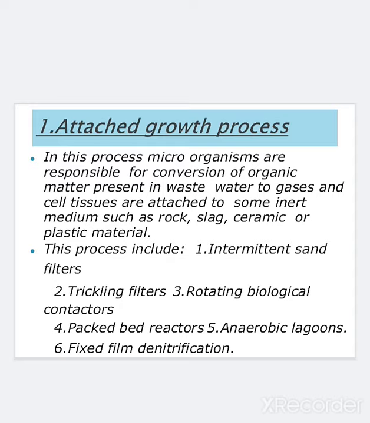We've already seen slow sand filter, rapid sand filter, and trickling filter in water supply engineering. Here also we are seeing the intermittent sand filter. It is nothing but the filter bed made of a sand layer. The thickness might be large, and as in the trickling filter, we are fixing the sand filter. The one thing which is modified is that there will be a spray nozzle. The water will be supplied not by a normal flow. The water will be sprayed in the tank. We will see it later.